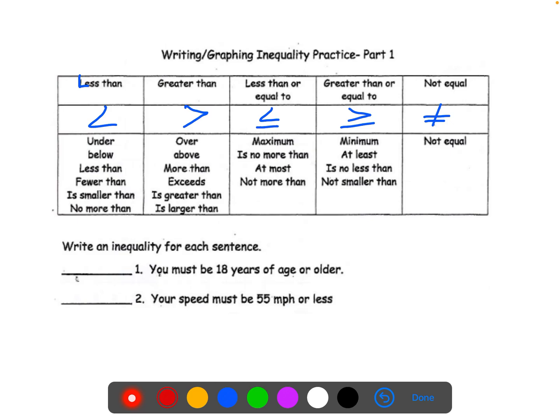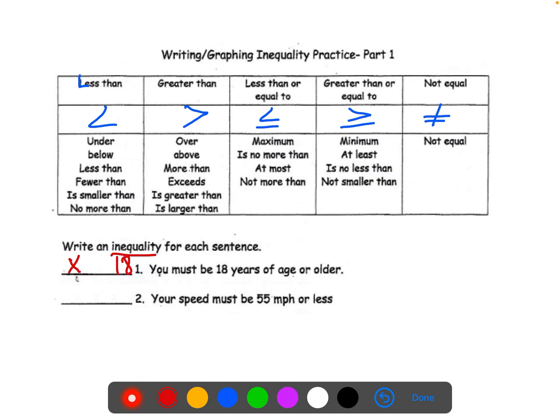You must be 18 years of age or older. We need to create an inequality to represent that. Based on what the answer key is going to look like, you're going to want to use the variable x just so it looks the same as what the answer key is showing. Now, it doesn't matter which side the x is on in the inequality. Just like in equations, we can switch the order and still have them mean the same thing. But in this case, we'll put x on the left side, and we need to compare that to 18